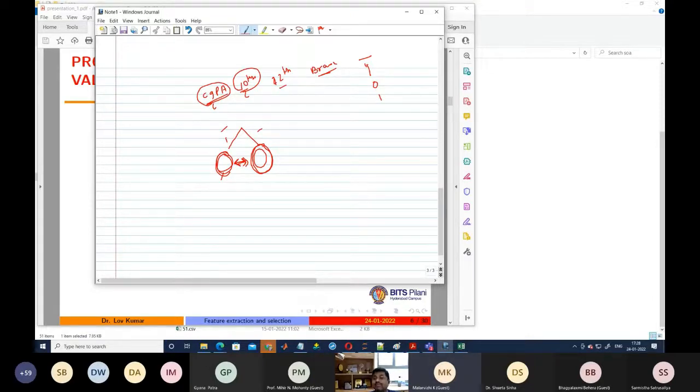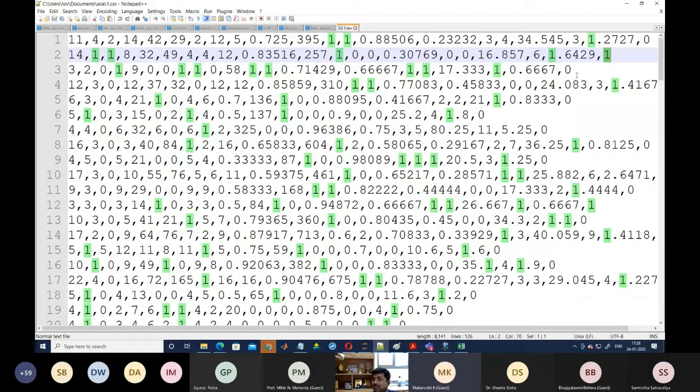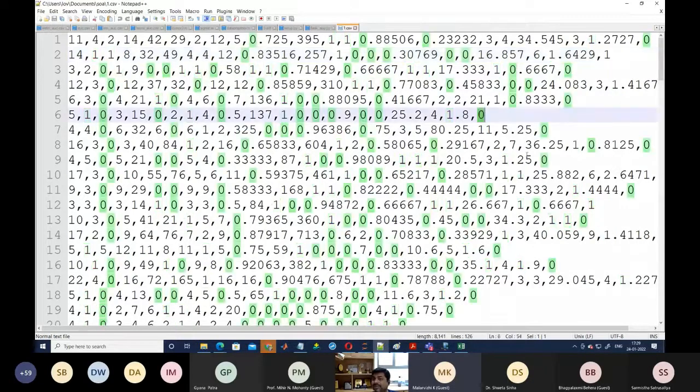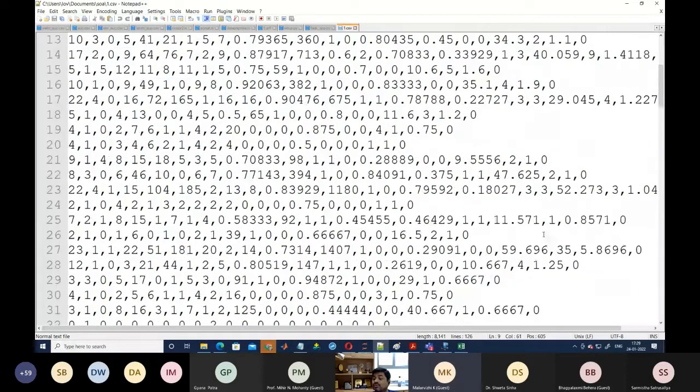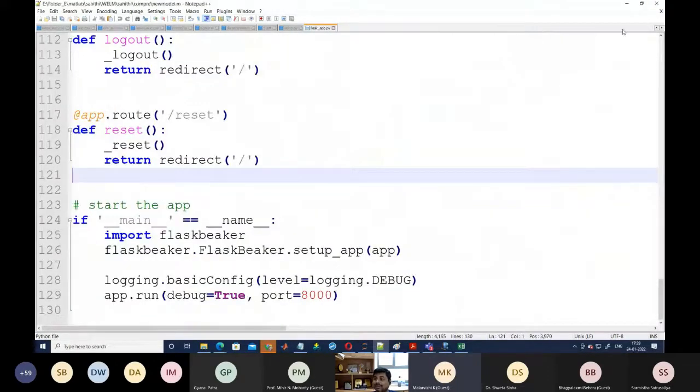So here we can use different types of hypothesis testing, but in this session we are going to use the rank sum test. You can also go with the t test, the rank sum test, the ANOVA test. There are different types of tests. But when we have an unequal number of samples, then better we do the rank sum test. Here, the number of students who are getting a dream job is not equal to the number of students who are not getting the dream job. So in this case, we have to use the rank sum test.